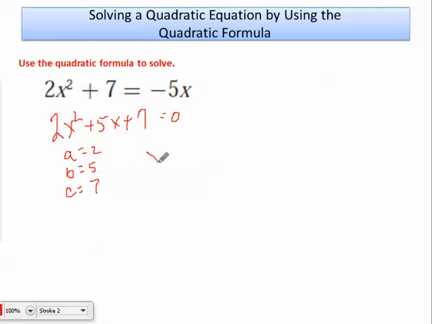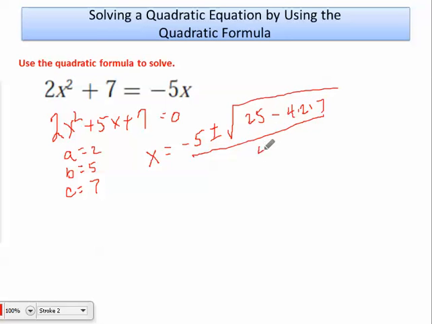Writing the quadratic equation: x equals negative B, 5, plus or minus square root 5 squared, 25, minus 4 times 2 times 7, divided by 4,